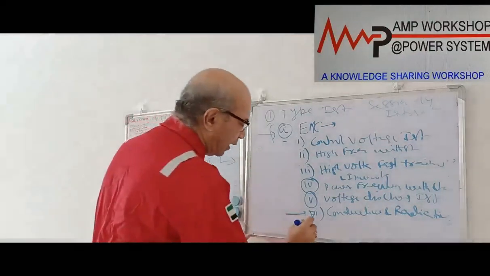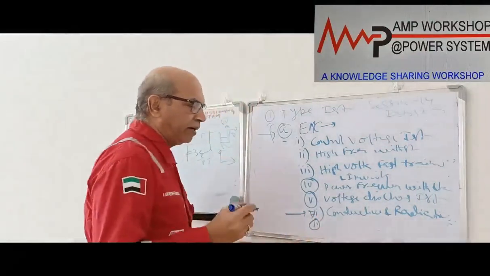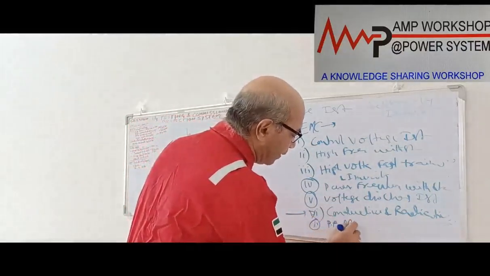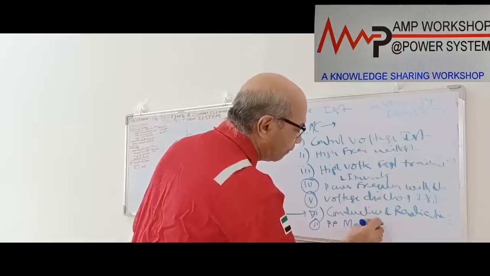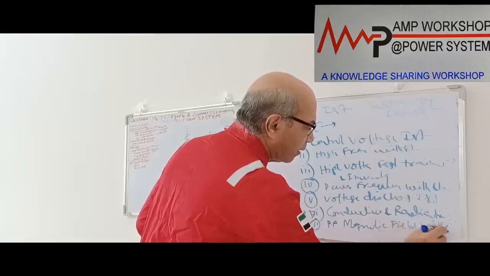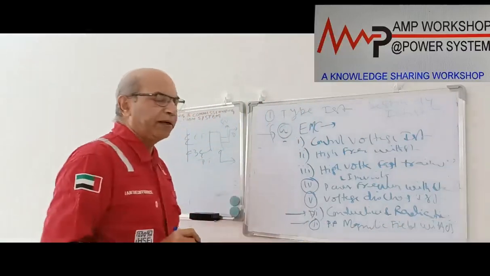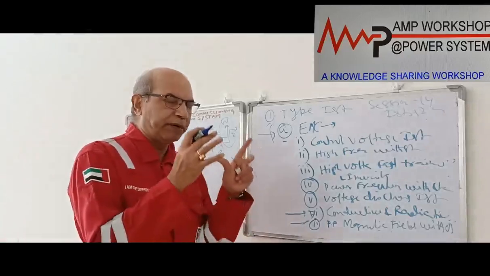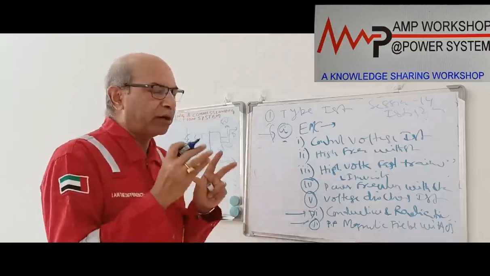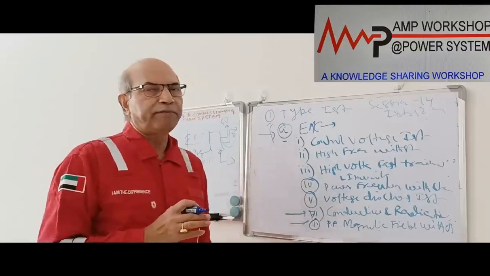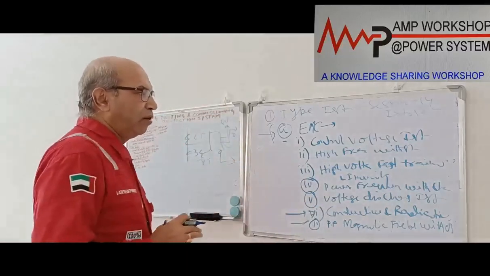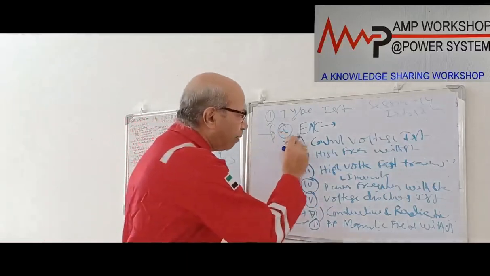And the last test we carry out is the power frequency magnetic field withstand test. Here a strong magnetic field is created, and inside the magnetic field the protection device will be located, and then the protection device should not maloperate under the influence of the strong magnetic field. These are the various type tests we do under the electromagnetic compatibility check.